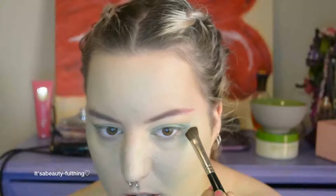So now I'm adding some baking powder from Laura Mercier. It's like a Jaclyn Hill trick. You basically put it in the same place you would a tape, but you just use your baking powder or setting powder instead. I mean, you could also use tape if you wanted, but...